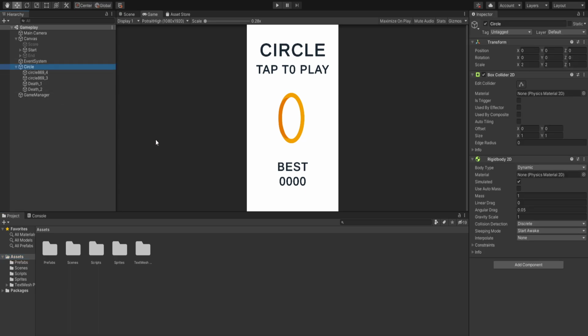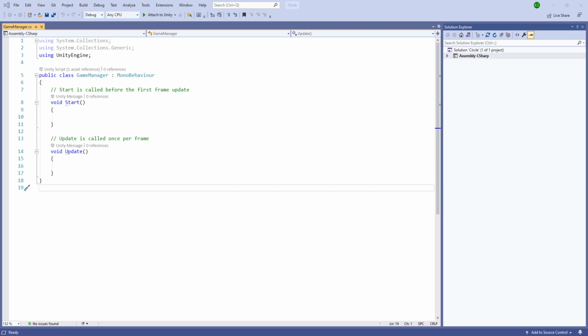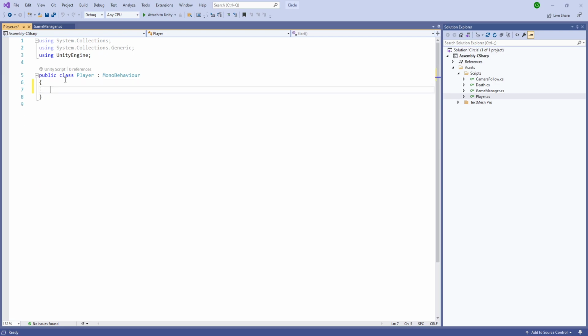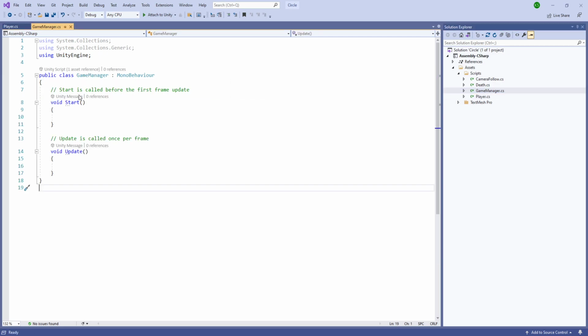Let's create the player movement first, and we'll also create the functionality for the start. So we'll start by creating the player movement. So let's go into Visual Studio, and I already opened up first the game manager script. Now we'll open up the player script. So inside the player, let's first delete everything, and similarly inside the game manager we'll delete everything,